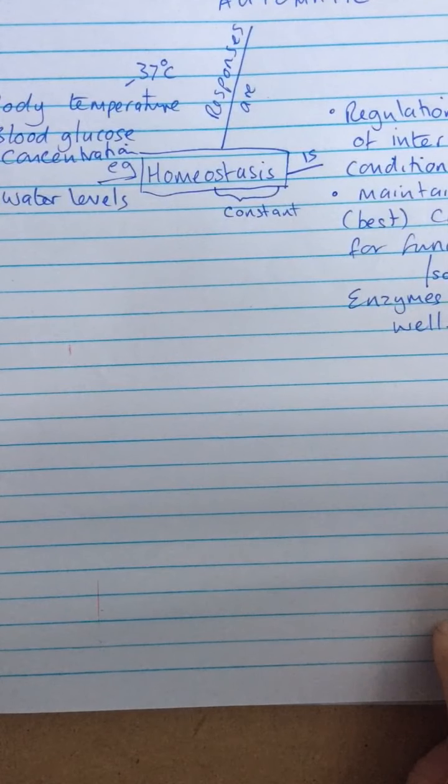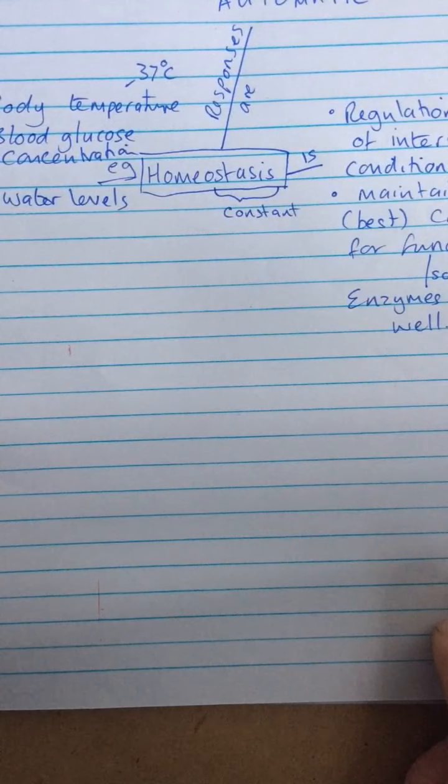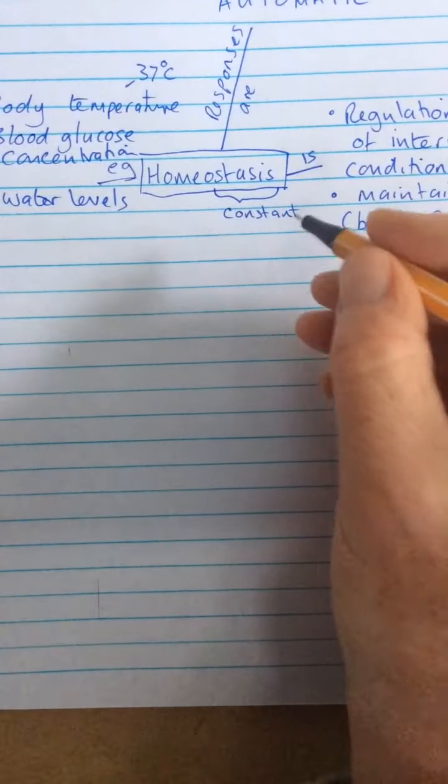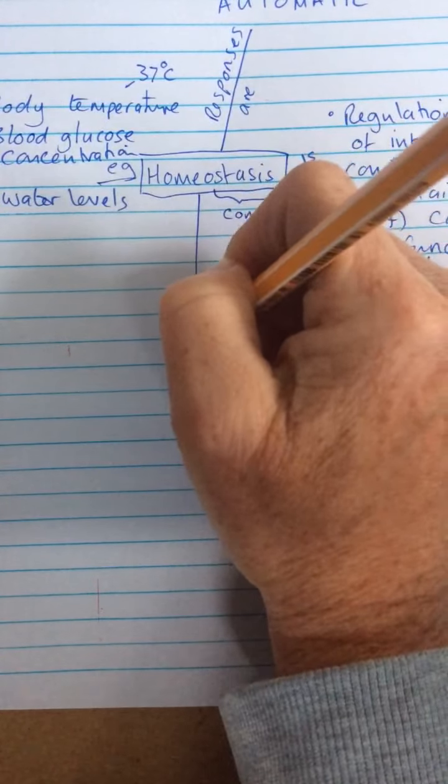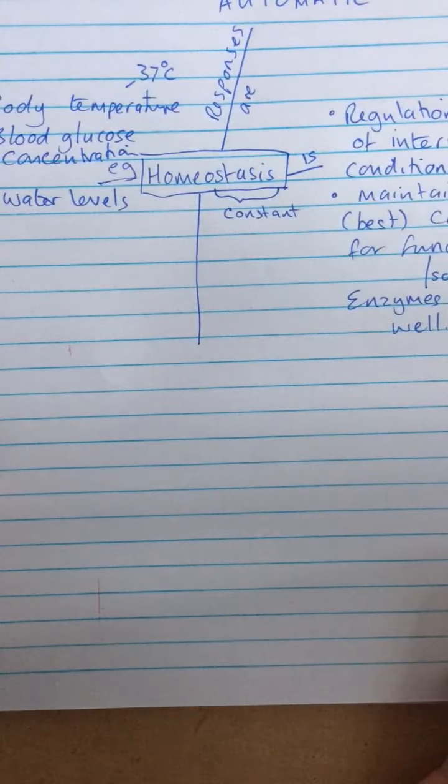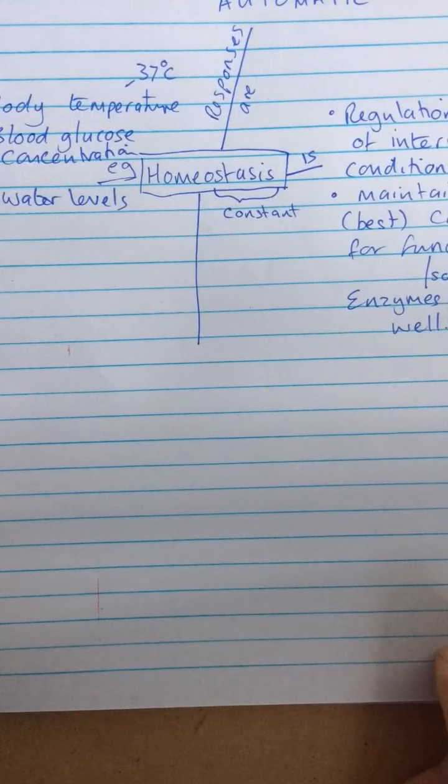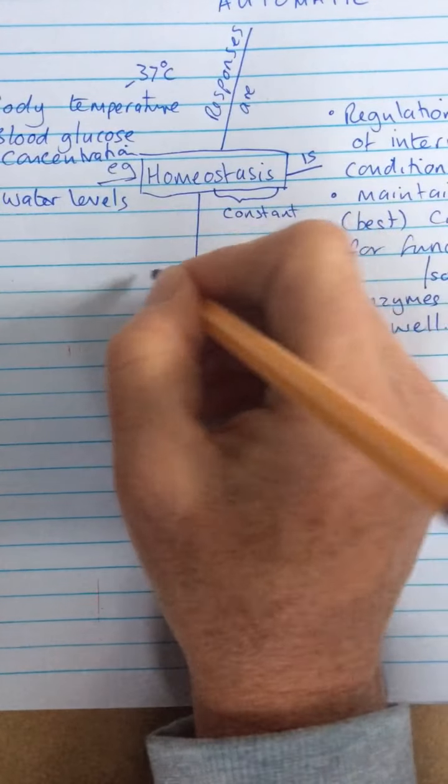So the last little bit is just to look at the three parts to a control system. These control systems in your body involving chemicals, hormones, and nerves have basically got three parts. So the control systems include